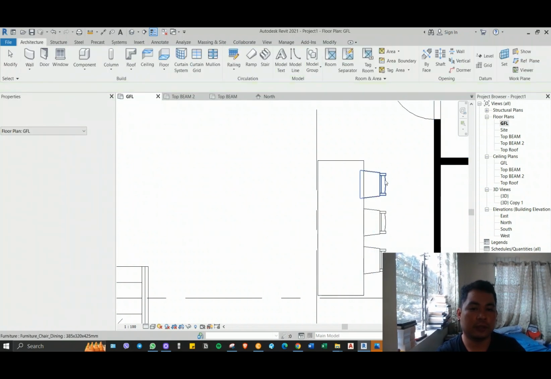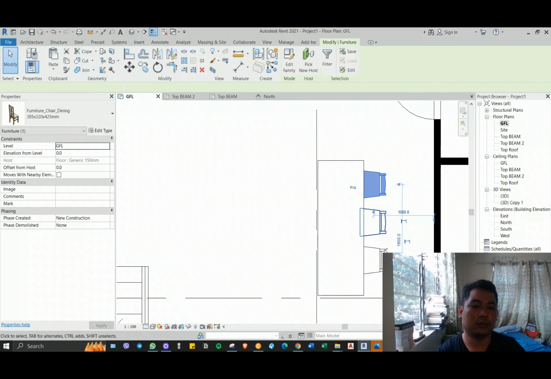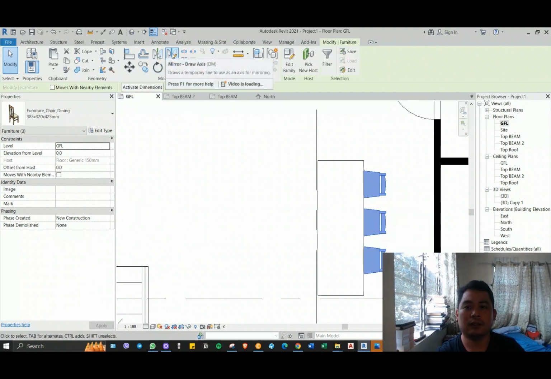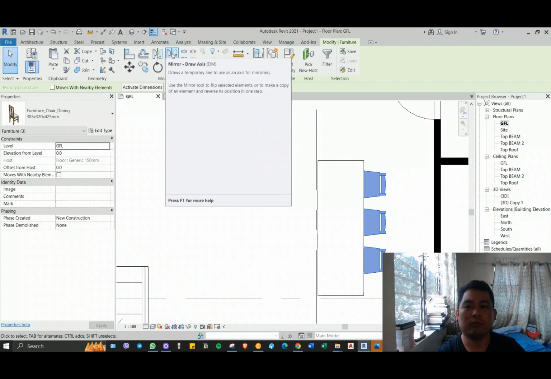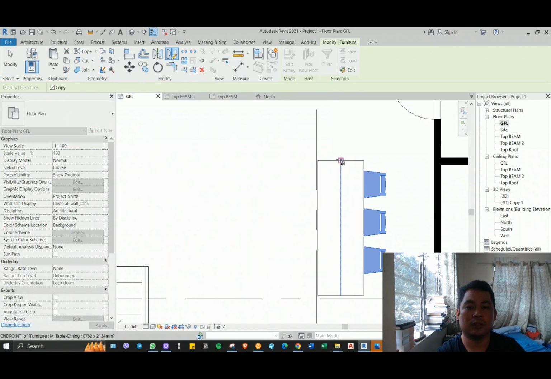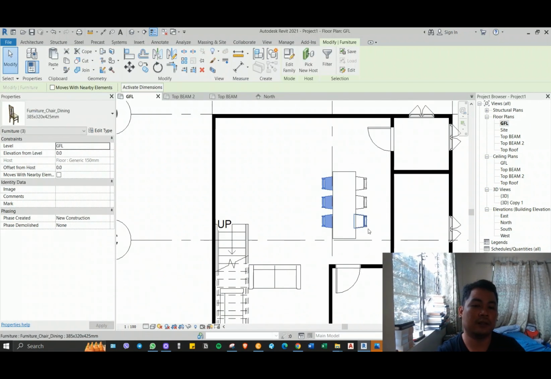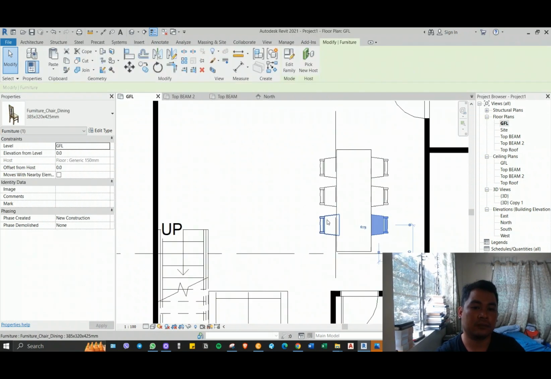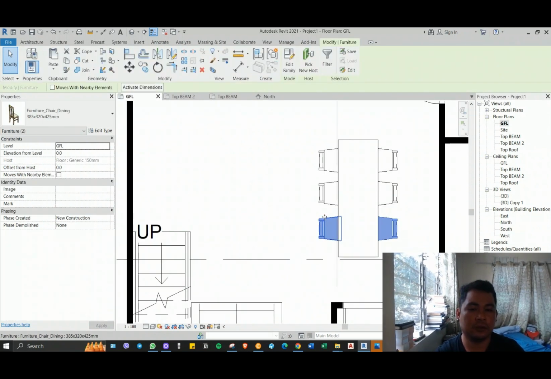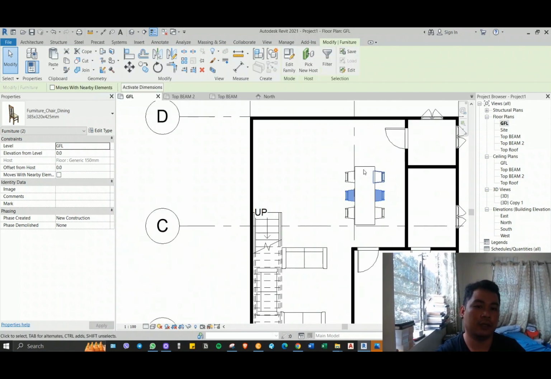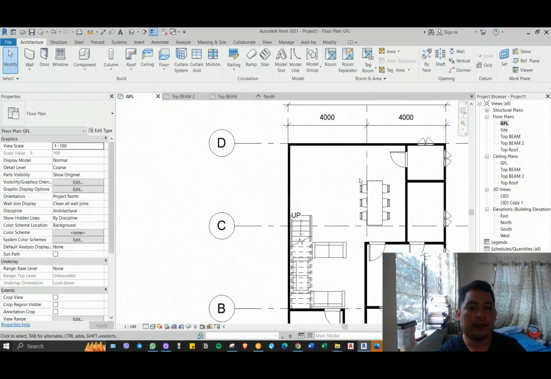So, magka-copy ka, i-click mo tong tatlo, control, tas click, then mirror, DM. Then, click center, then space, doon natin na. Next is